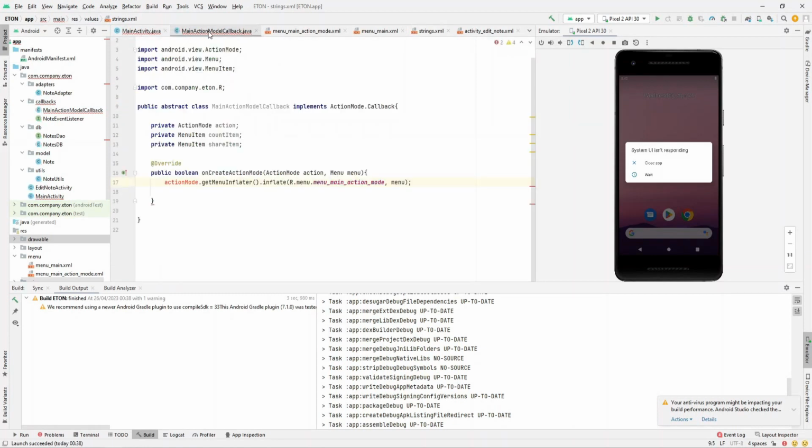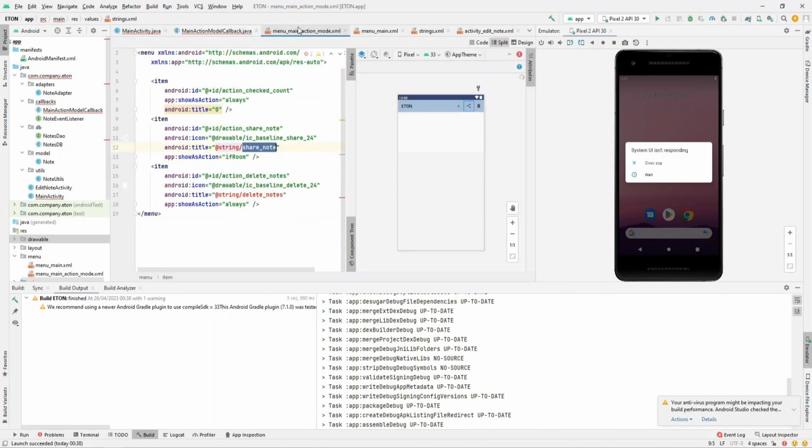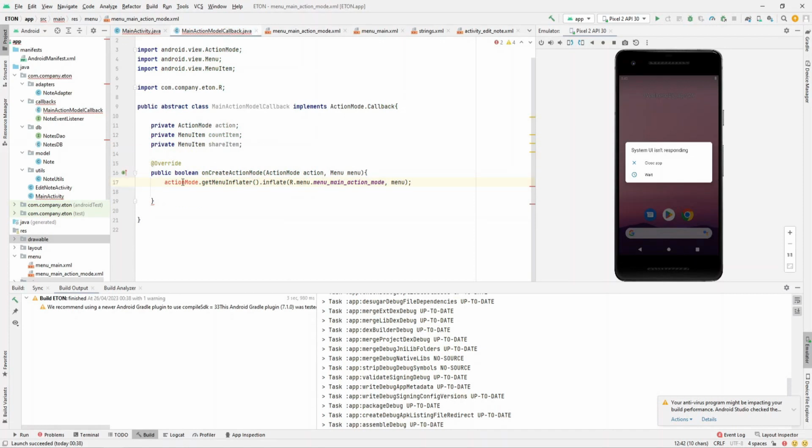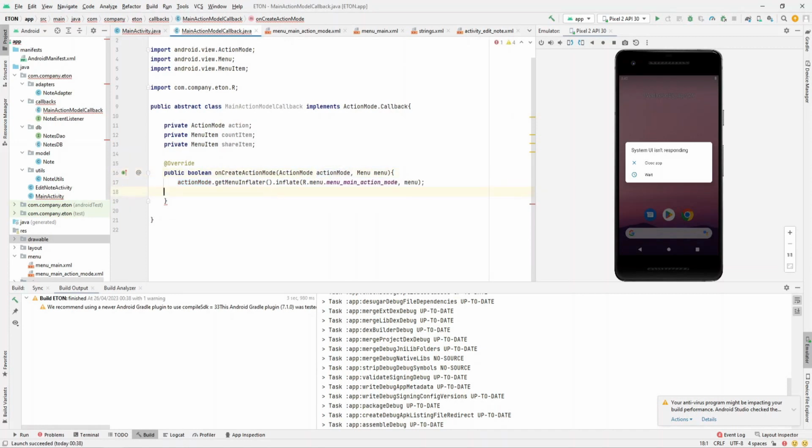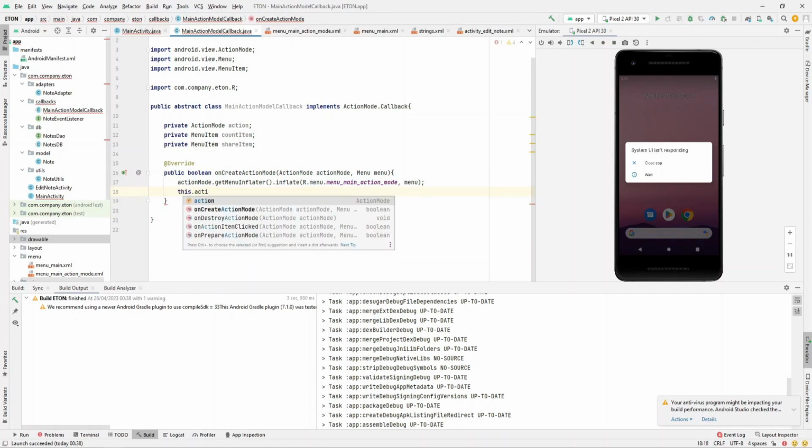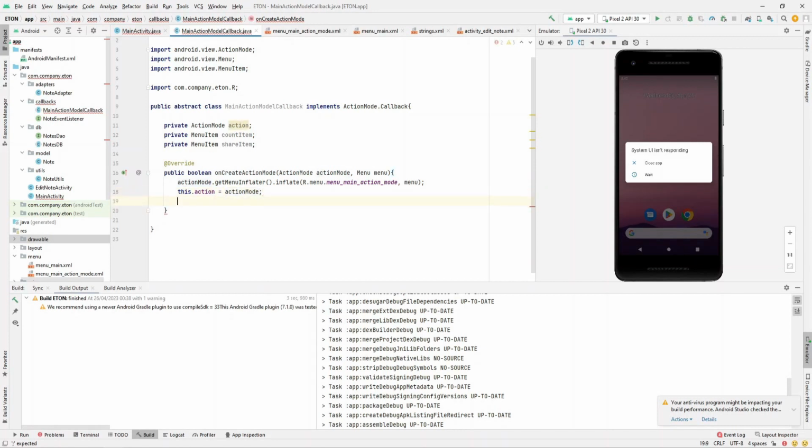Okay, so in here it's all good. We see here the images and the text. So this action, well, action mode, this count item